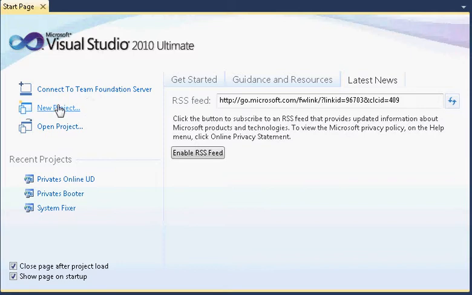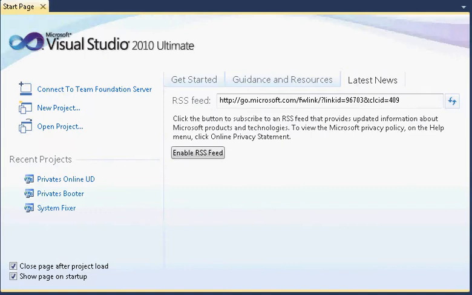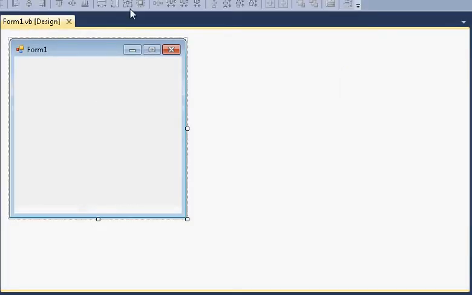So what you want to do is create a new project. Make this one a Windows Form application. You're going to rename it whatever you want. This is just going to be variables. Alright, now in this